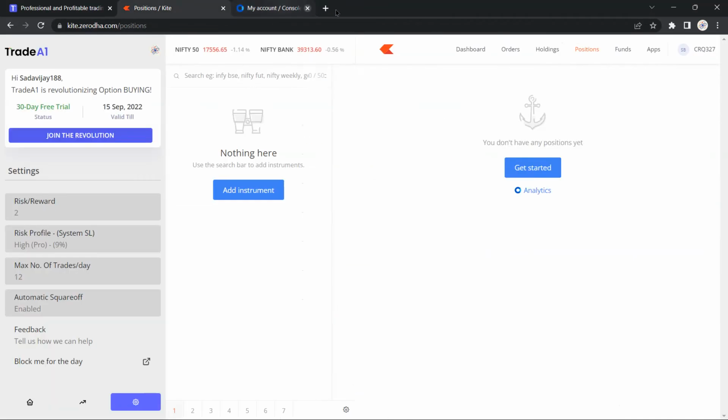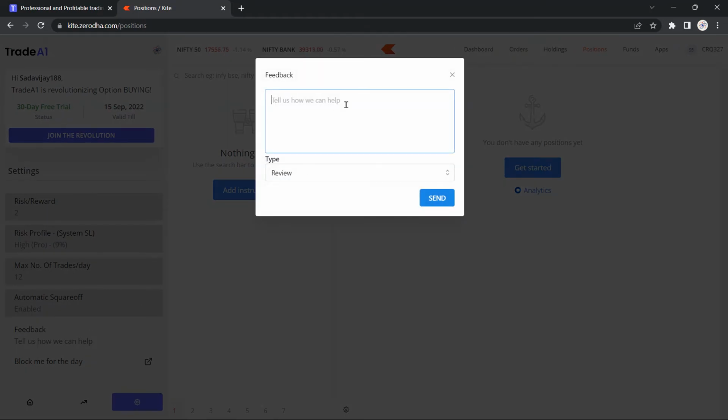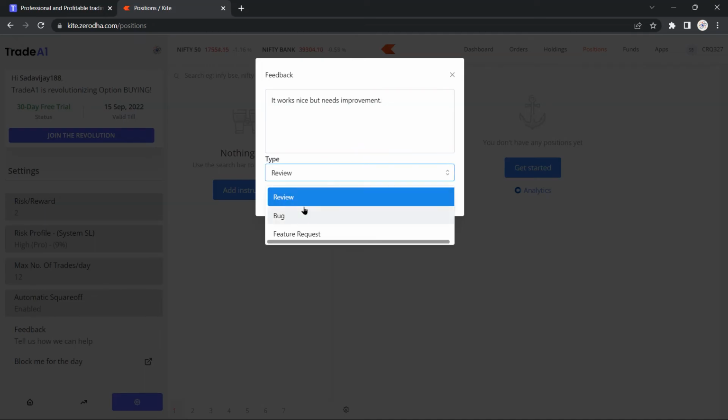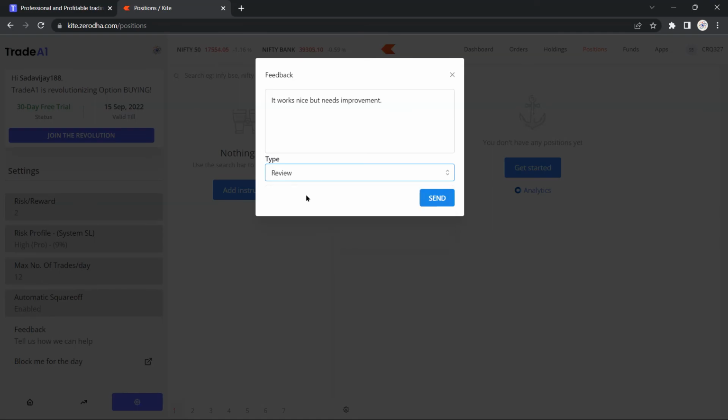Okay. Now, last but not the least, this is feedback. If you face any difficulty or if you have any suggestions, please feel free to send us feedback. You can type anything you want to tell us here, and after that you can report it, choosing the kind of message: this is a review, or bug, or this is a new feature request. So if you feel that there is a feature which, if implemented, will be very helpful to you, you can please add it here or contact us at